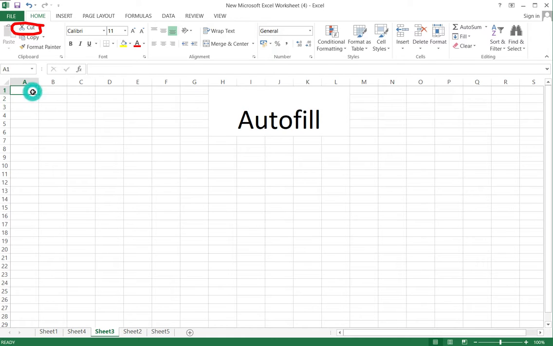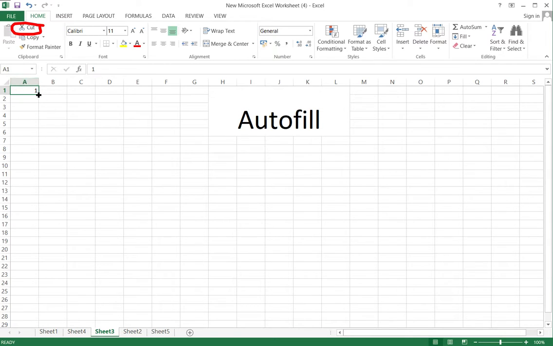I'm just writing number 1. Just see how to perform autofill in MS Excel. Type any number, 1. Position the pointer, this is the pointer of your mouse, at the lower right corner of the cell.